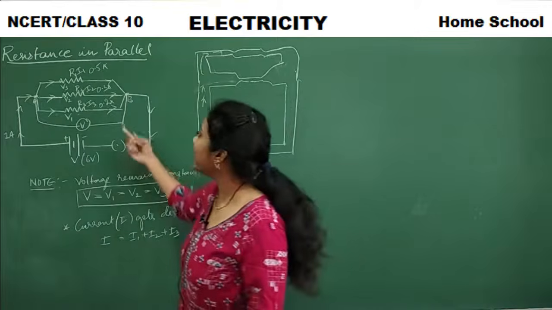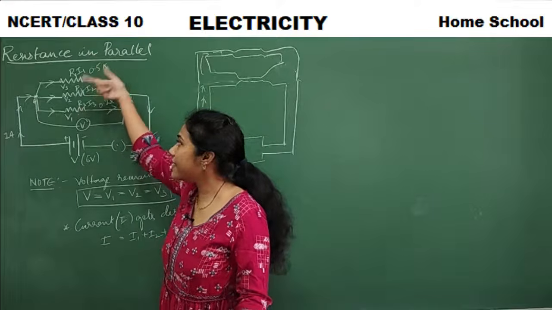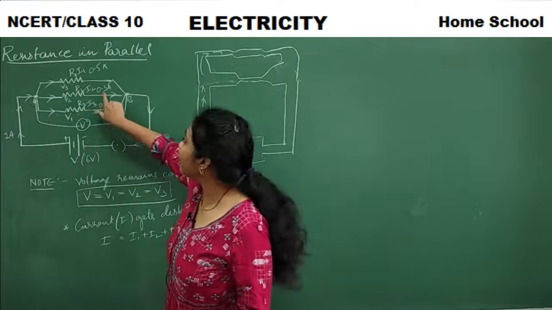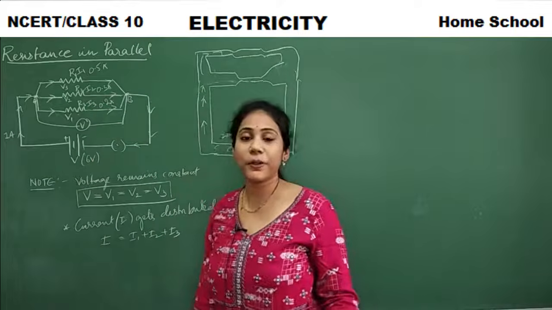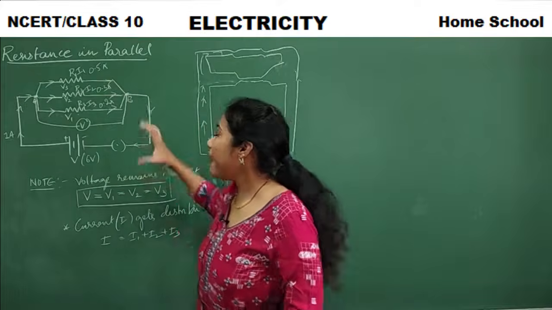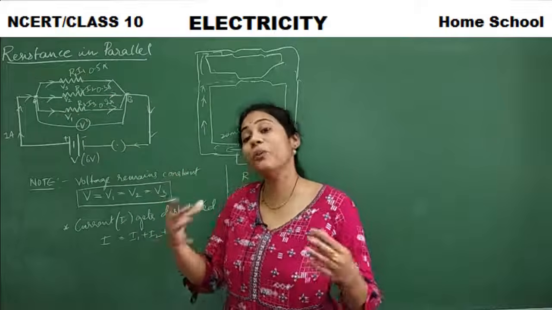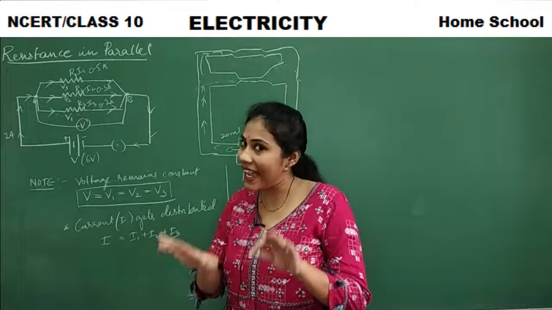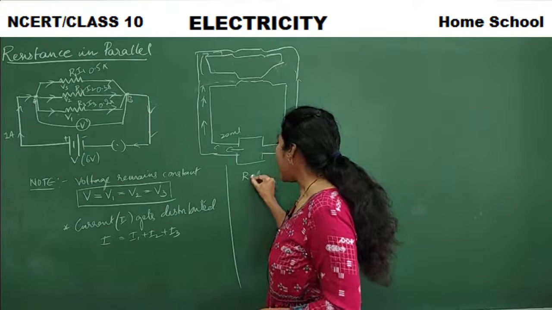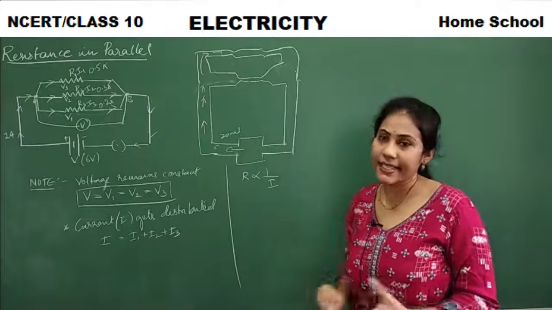The amount of current that you find in the first resistor is different from the second resistor, which is different from the third. So why does this happen? Why is an unequal amount of current getting distributed? It is all because of the resistance. How much current can pass through a resistor depends on how much resistance is there in that particular resistor. Clear? We all very well know that R is inversely proportional to I. More the resistance, lesser is the current passage.